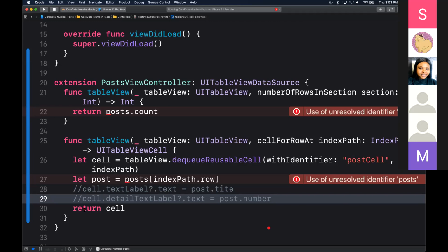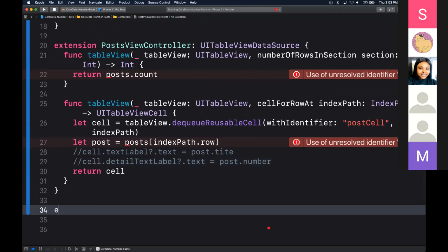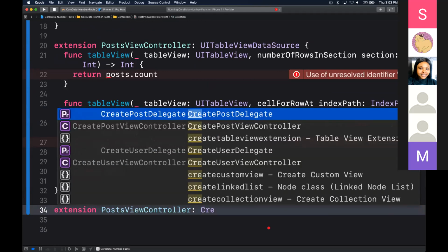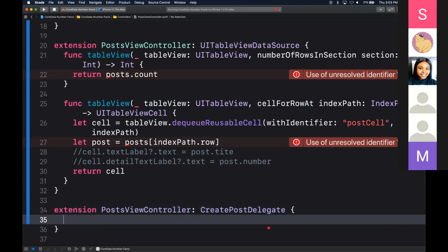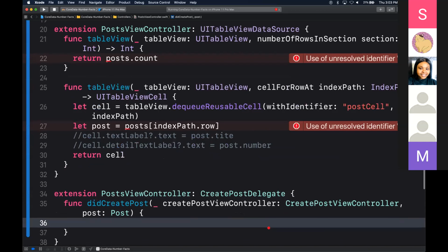So right now we're setting up our data source for the table view, so whenever we create a new post, it will show up in the table view. While we're here, yes, Tiffany, we could probably also do the extension. Thank you for reminding us. So here we'll say post view controller conforms to CreatePostDelegate. In my post delegate, I have didCreatePost, and here I could append